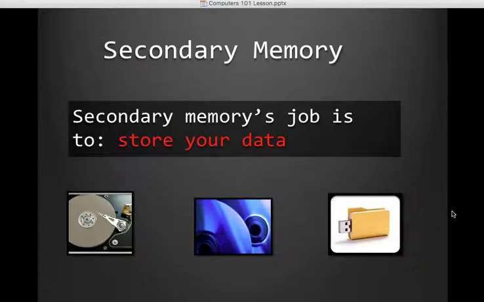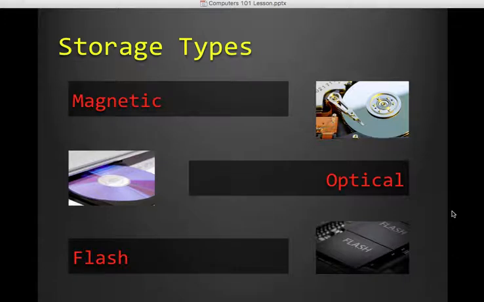Secondary memory's job is to store our data. So main memory gets the computer to run. Secondary memory is all of our stuff, our pictures, our videos, our text files. And there are 3 types of secondary memory. First one is called magnetic. This is very cheap. It's used in hard drives all over the place. And Google and Facebook, these places with tens of thousands of servers, are going to use magnetic